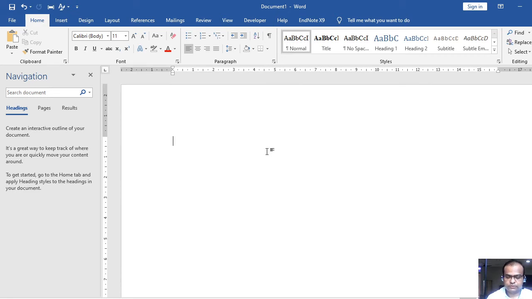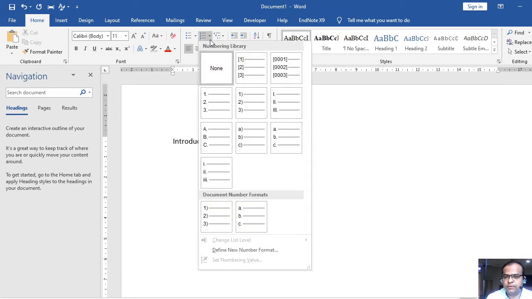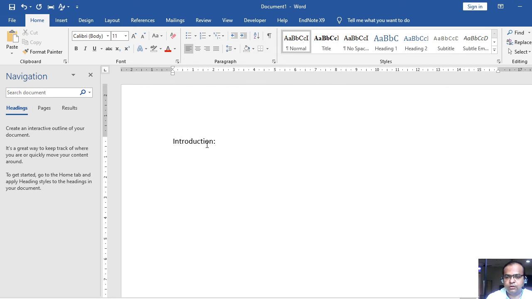So let's say I just want to create a first chapter, introduction, right? How I'll manage it: normally what people do, they type the title of their chapter, and then either utilize the numbering option, or sometimes I also found that people do it manually. They type 1, then a point, and then introduction, likewise, right? So this is actually a foolish practice. Don't do that. You just type your topic or name of the chapter, and then there is one more option.